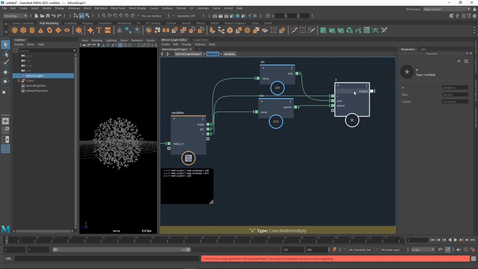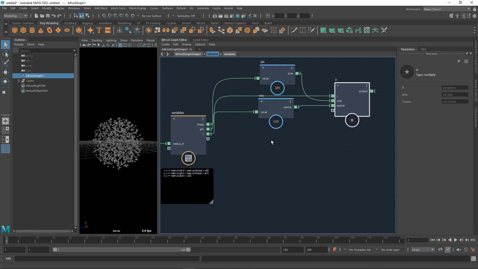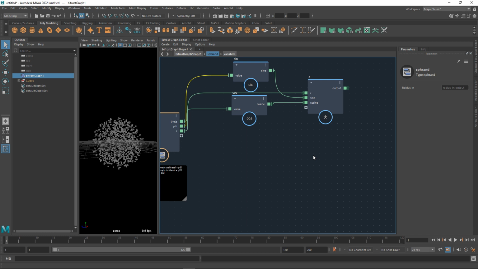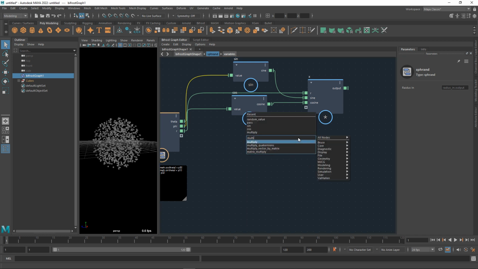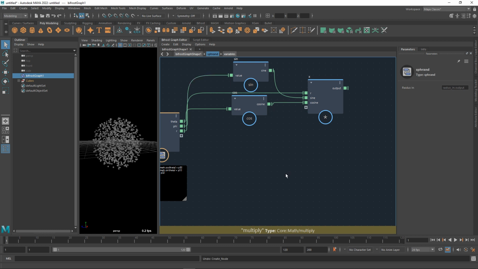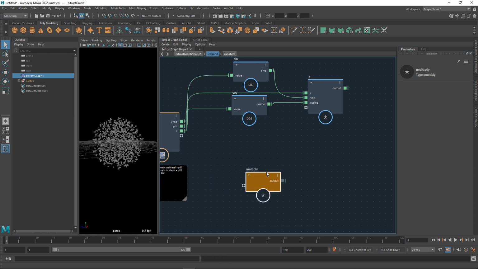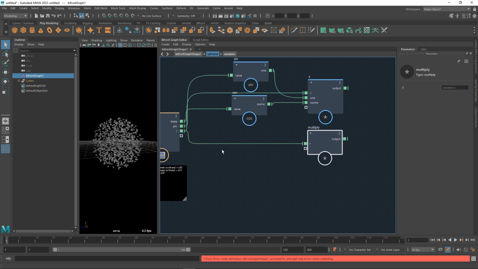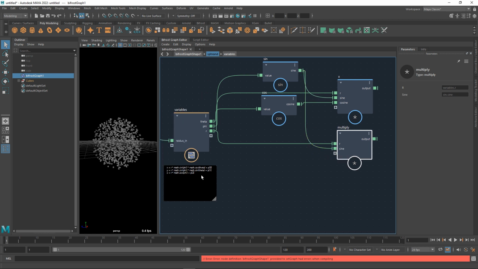That's it. Let's do the y. Again, it's r multiplied by the sine of phi. Well, we've already done the sine of phi. That's up there. So let's put in a multiply node. I hate it when it does that. R multiplied by the sine of phi, because we've already done it once, multiplied by the sine of